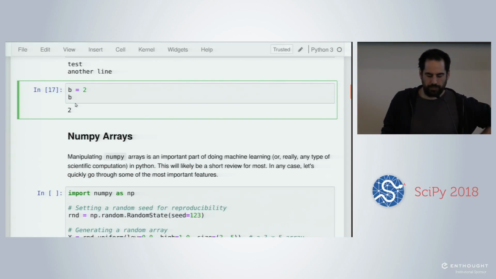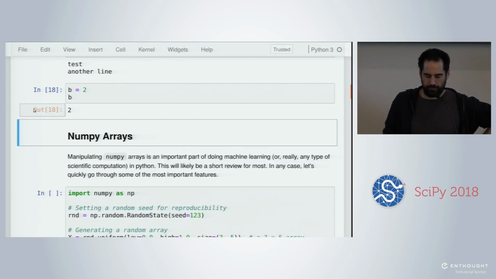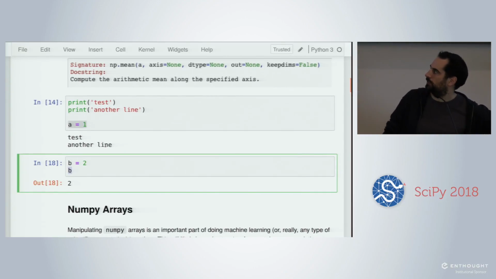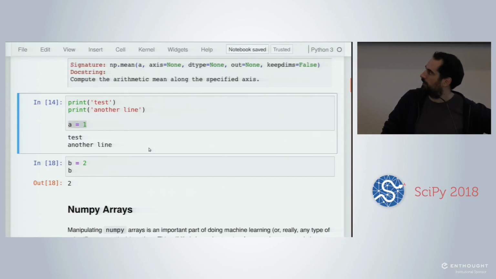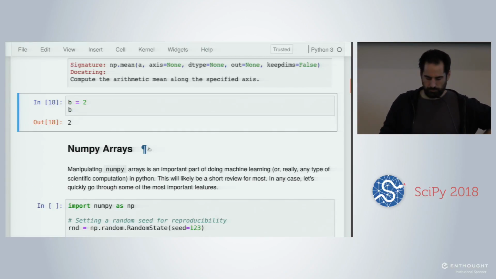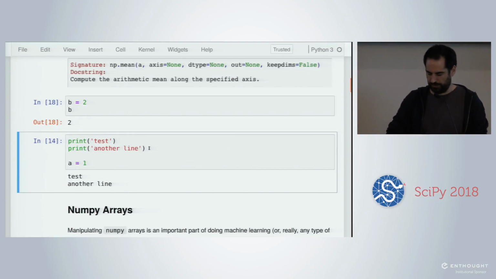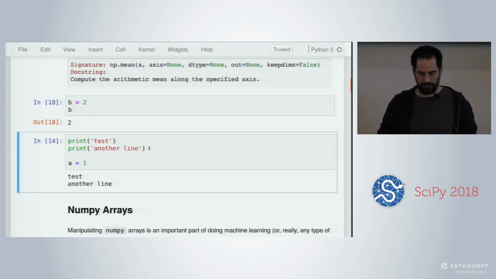In the text cell, you can also put images. For instance, if you go before, there is a big cell at the beginning. If you double click on it, you see that this is actually markdown with a mix of text, titles, and also this syntax to insert some images. I don't want to modify it, but if you get this representation, don't worry. You can just press Shift Enter and you go back to the HTML rendering of the markdown.